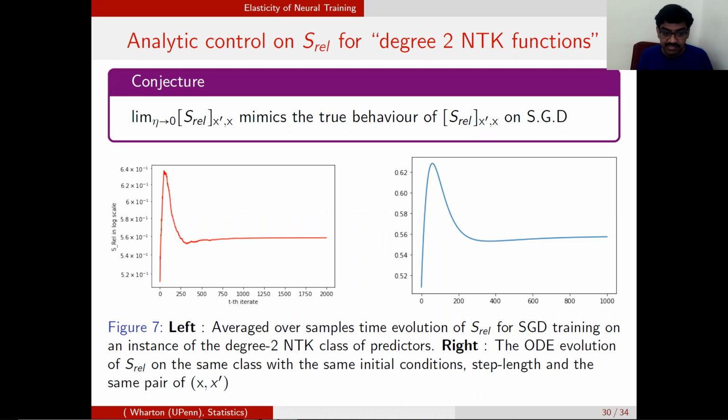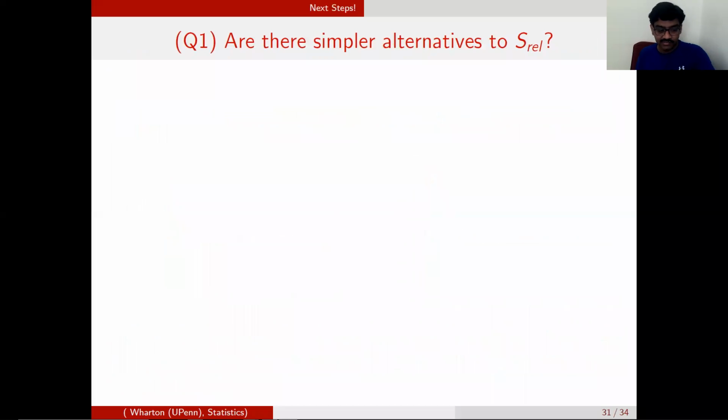So here is a chance that maybe there is a way to write down ODEs for certain abstracted out parameters of neural training, which reproduce neural behavior. So this leads me to the end of the talk, where I want to end with a set of open questions that I'm thinking about. One is to say, let me look at